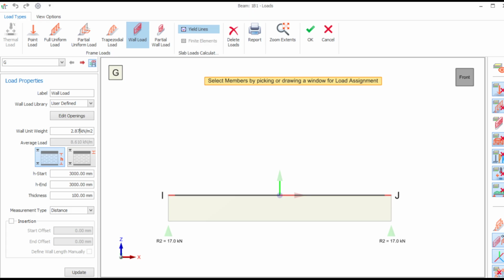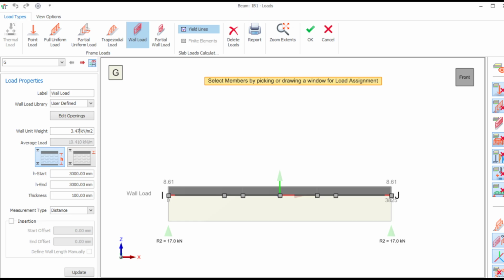Now remember that you're going to plaster both inside and outside. So 0.3 plus 0.3 will give us 0.6. Now 0.6 plus 2.87 will now give us 3.47. So this one is what? 3.47. That is the unit weight, that is a combination of the